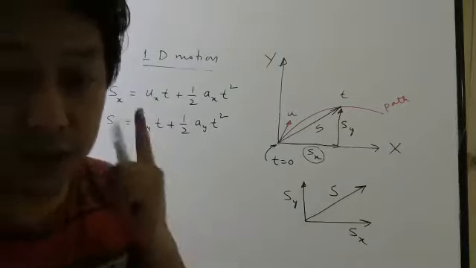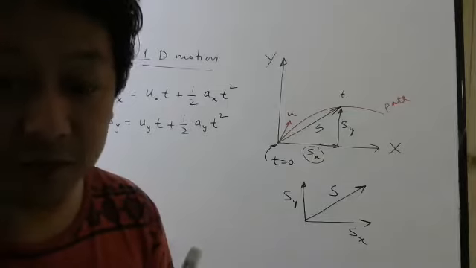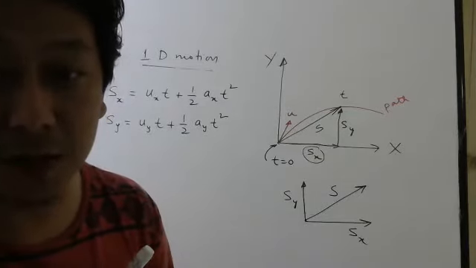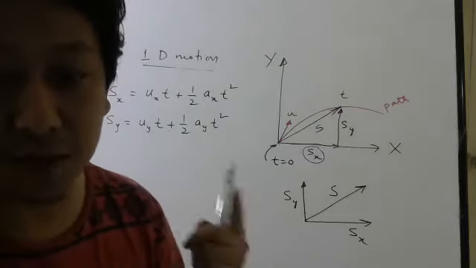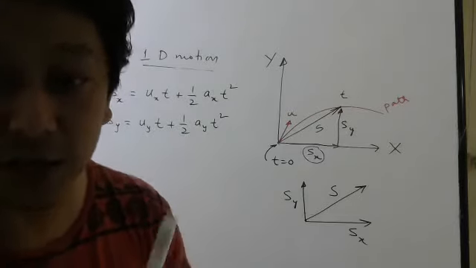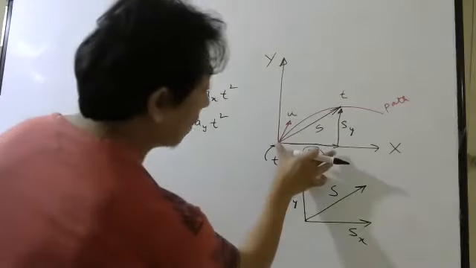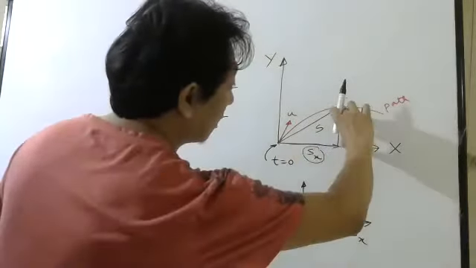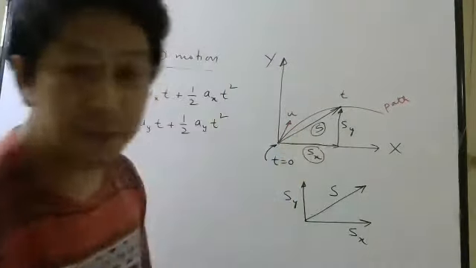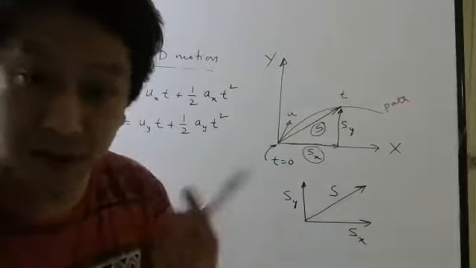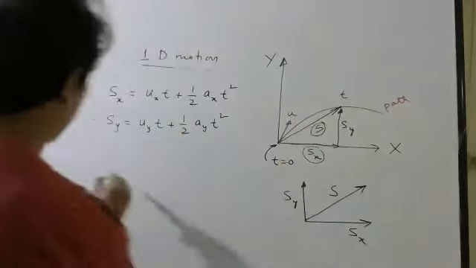So one equation of 1D motion becomes how many equations in 2D motion? One equation of 1D motion becomes two equations in 2D motion, like this. So once you find this one and this one, you may be thinking, sir, we want displacement, why are you giving me components? Arey, once you know the components, what will this be now?